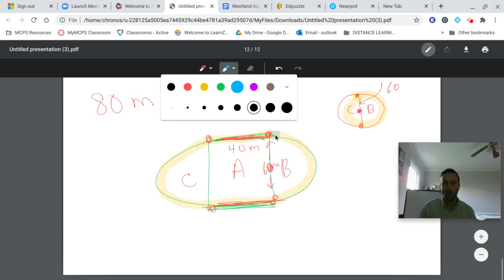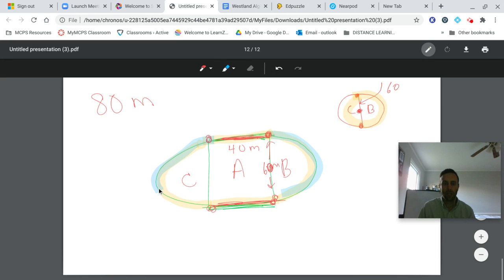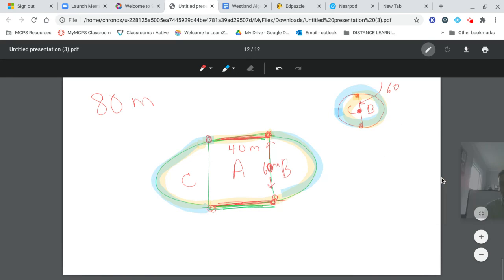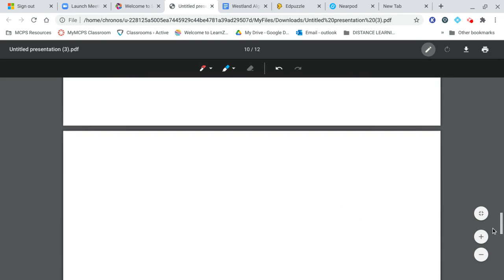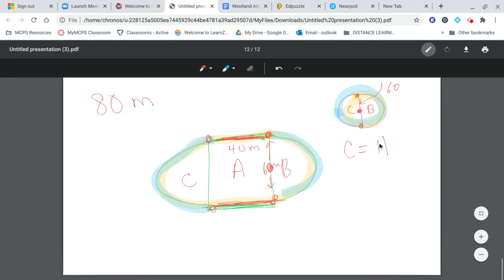Remember, if you want to know how far it is around the circle, which would be, just a reminder, if you go this part in blue and this part in blue, that's going to be the entire circle. If you want to know how far it takes you to go around the circle, we just use the circumference formula, which is circumference equals pi times diameter. Well, we know pi is 3.14 multiplied by the diameter they tell us is 60. And when you do 3.14 times 60, I'm just getting out my calculator real quick, you get